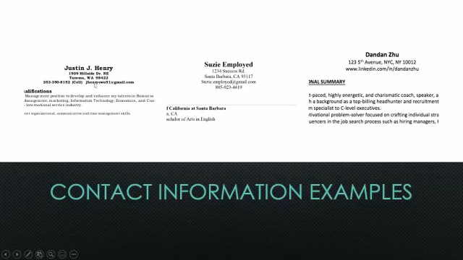We've got Justin J. Henry over here. You can see that he's just got his name in big bold letters, and then underneath it directly, he didn't double space it. You don't have to double space it like the previous one, Beth Smith, did. You can include it all like this. Actually, all these look the same basically. And then he's got his cell phone number and an email address that's not over the top. It's kind of professional looking.